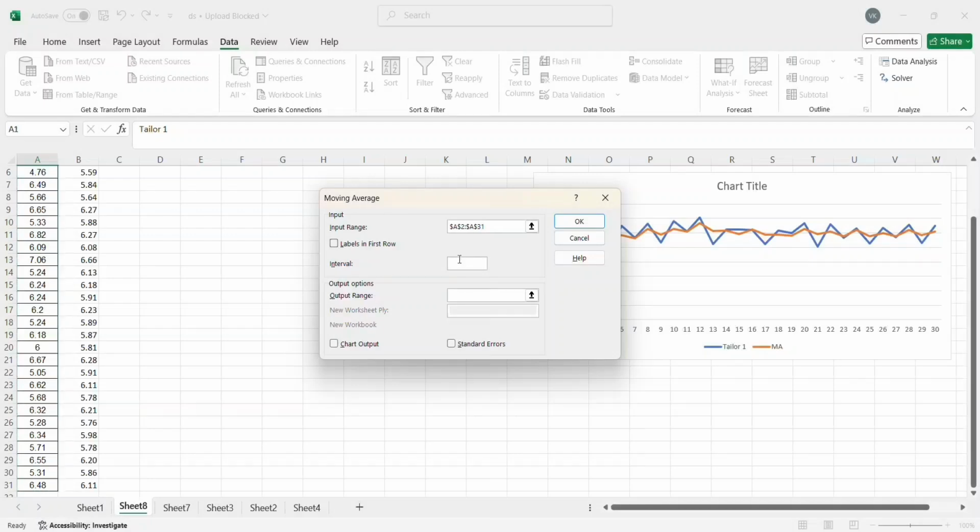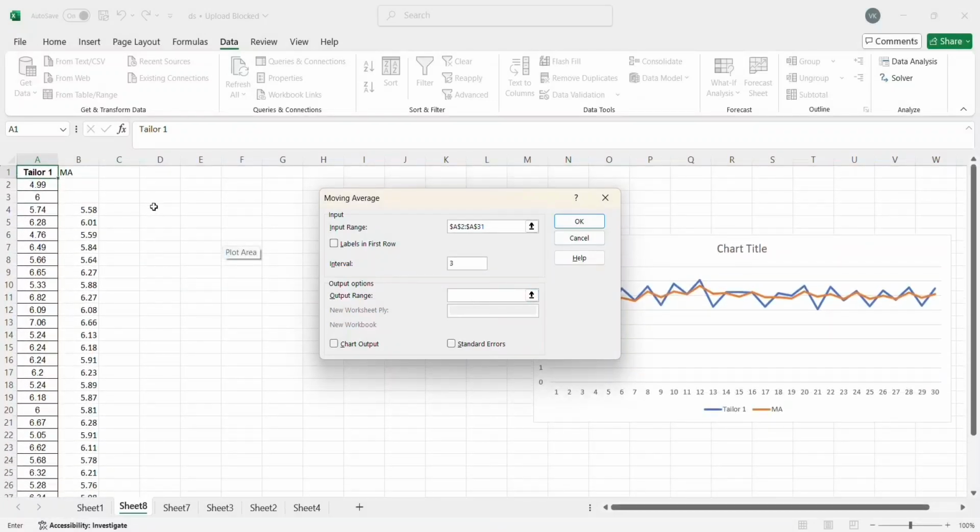What is my interval? Here I can enter 3, 5, depending upon what n is for my moving average. Moving average n is nothing but the number of points over which we are going to calculate the moving average. In this case, I am going to put 3, and I'm going to say my output needs to be stored in, let us say, D2. And now if I need a chart, like how I have plotted a line chart, I can put a tick mark here. If I do not need a chart, I can leave it open. I need a chart, so I'm putting a tick mark here. Now if I click OK,